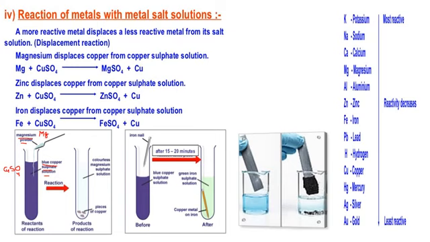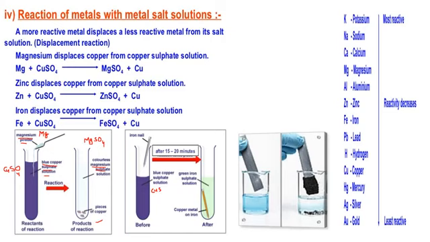You can see there is a change in this reaction. Now this has become a colorless magnesium sulfate solution, MgSO4, right? Fine, and you can see the copper pieces here at the bottom, right? Now let's see the second picture. Over here again there is a copper sulfate solution, that is CuSO4,